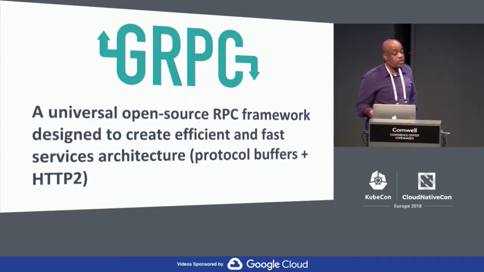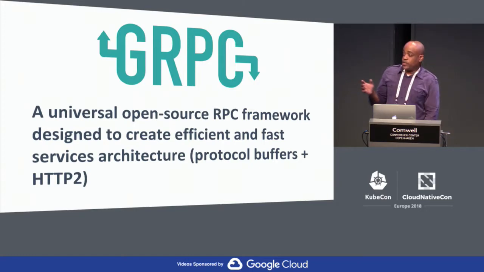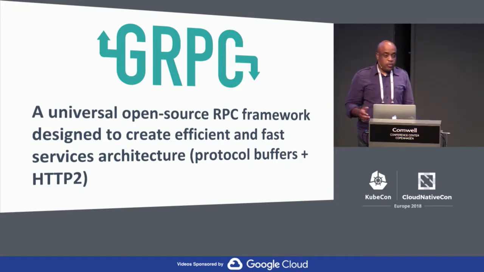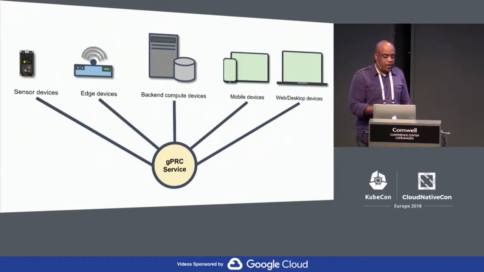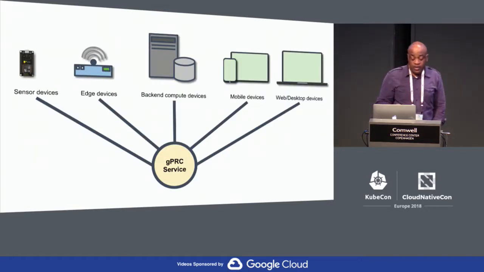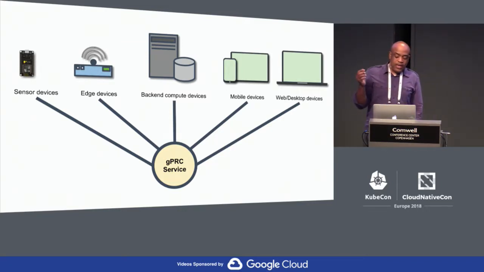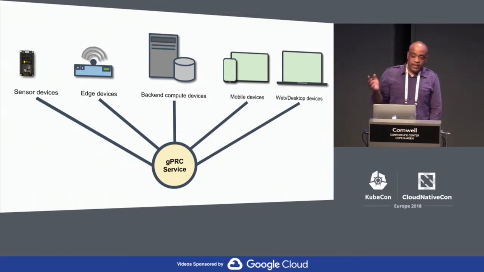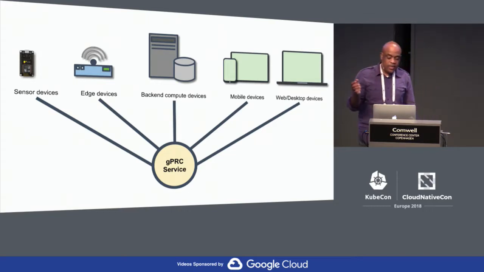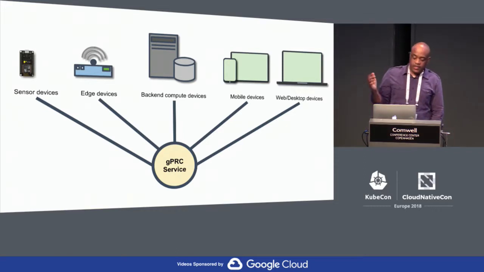gRPC, a universal open source RPC framework, designed to create efficient and fast services with protocol buffers and usually HTTP2. Now, a gRPC service can scale from tiny sensor devices all the way to mobile, back-end compute devices, desktop, etc. Because it's a universal RPC service, you write one service, and all of these devices can communicate with the gRPC